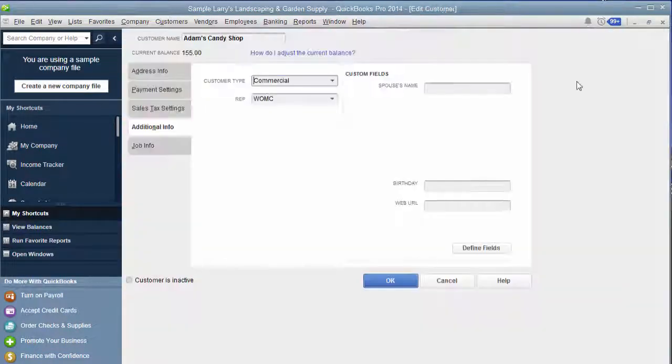Okay, so what that's doing is it's just a way for you to run reports to be able to track where your income is coming from for customer type.